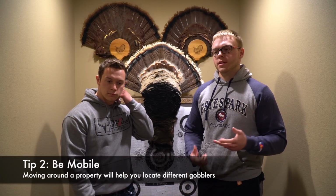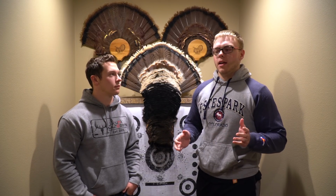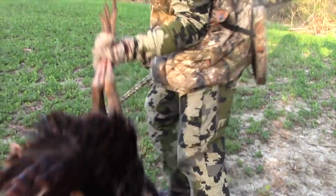Yep. So the second tip is be mobile. Too many times I see people who are just turkey hunting, sitting in a blind in the exact same spot every time they go out. I have never killed a bird in the same spot, and I've killed a bunch of birds. I killed 4 birds last year, and none of those birds were killed just sitting in the same spot. Although you can be successful hunting turkeys sitting like you do a whitetail,